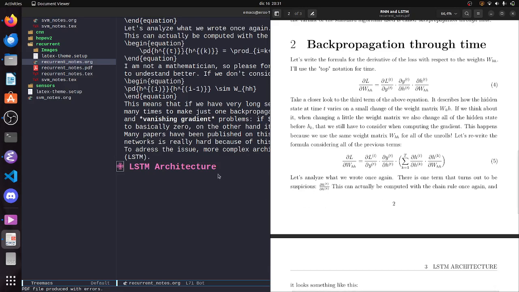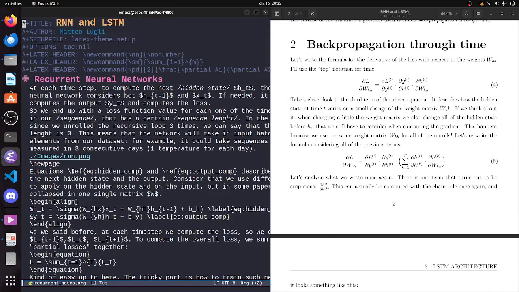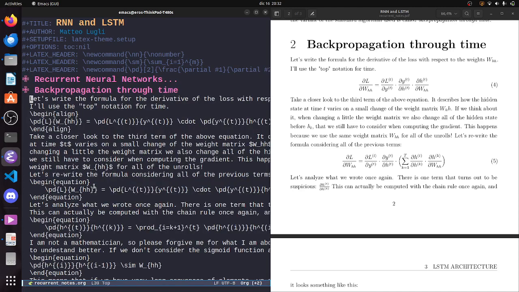So let me actually close this other window. Okay, so for example, let's say that I want to write this very complicated math equation. So let's jump to it. It is backpropagation through time, so it should be this one. As you can see, writing the partial derivative is sort of time consuming. So what I did is I created this